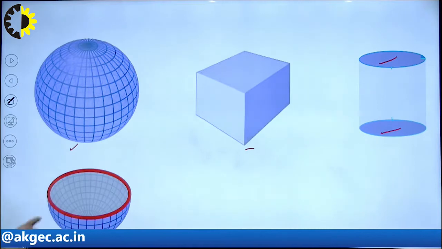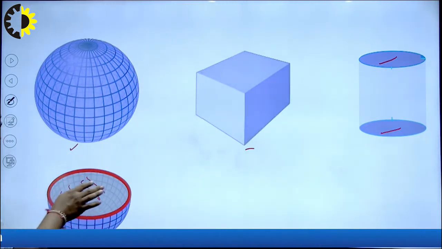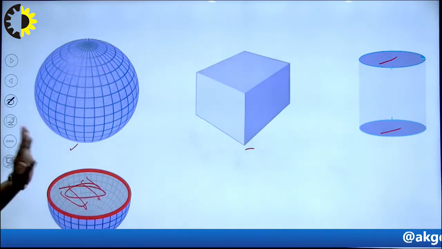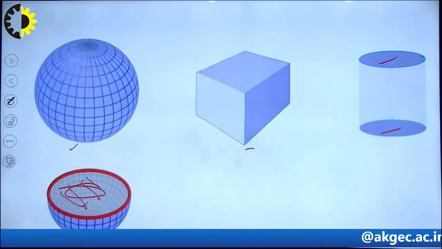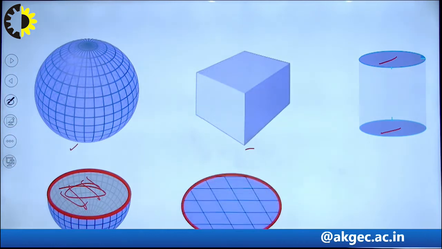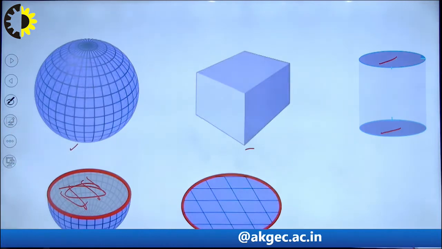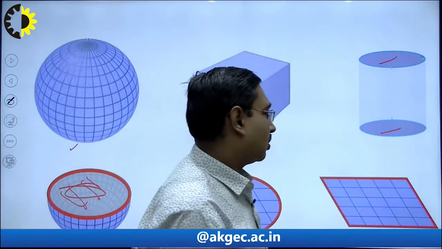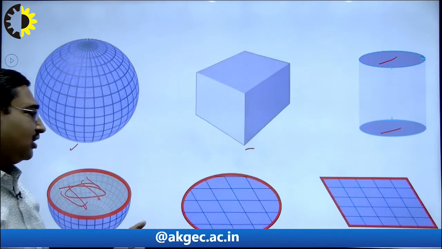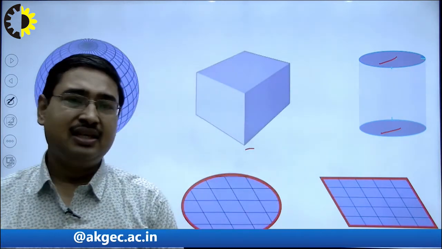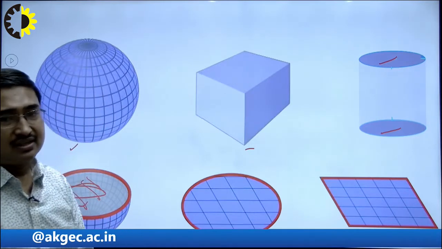But a hemisphere is not closed, it is open from here, so the divergence theorem cannot be applied to this surface. Similarly, if we have an ellipse or elliptical region, or a parallelogram or quadrilateral, then we cannot apply the divergence theorem to these surfaces, because these are not considered to be closed surfaces. Now, we move towards an example.